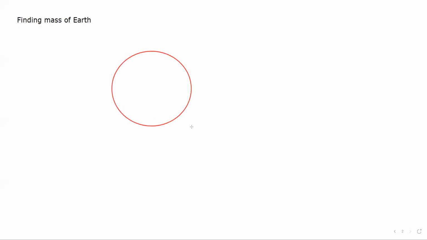So practically, how can we find the mass of the Earth? For example, an object is there on the surface of the Earth. So according to Newton, if the mass of the object is m and the mass of the Earth is me, and the distance between them, practically,